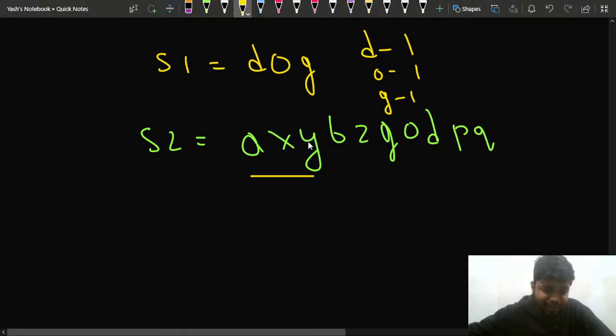So I see this particular string. I can see that a is occurring one time, x is occurring one time, y is occurring one time. So the size is 3, but it's not matching, right? Then what I can do is maybe I can check here. So this substring is also not the one. Then I will check here as well. So I can see no, it's not. Then I will check this one, so it's not, right? But when I check this particular string that is starting from this part